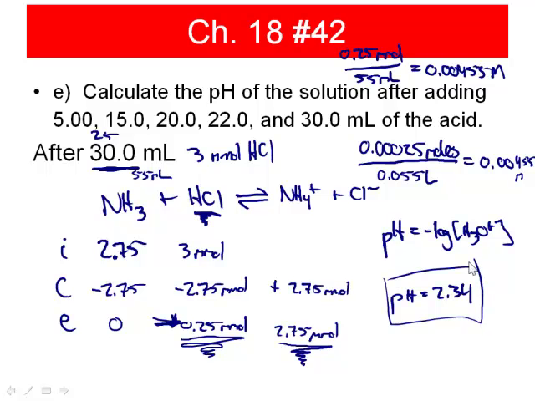That's correct. Now, you're going to notice here, guys, this is an acidic pH. And that makes sense, though, because this is way past the equivalence point. Here in the titration curve, we have gone past the equivalence point. We've used up all of our base. And now the solution we would expect